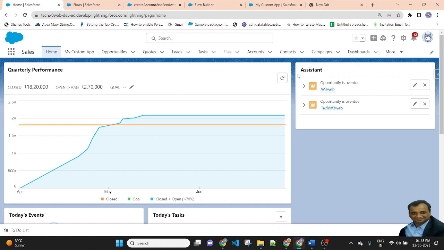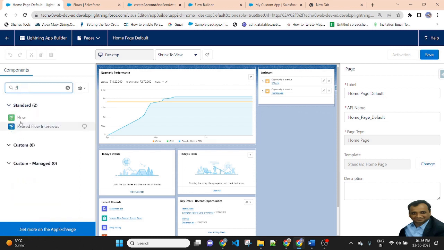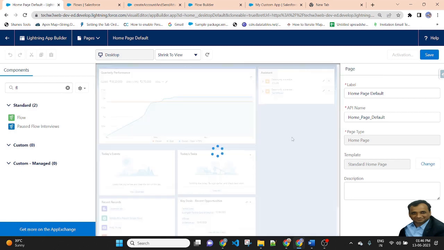On the right hand side, I will call my flow. Go to the setup and edit the page. On the left hand side, search flow, drag and drop on the right side on the top.